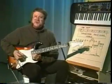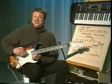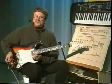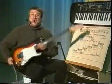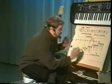Actually, I'm a couple of notes short of 4 octaves on my guitar. Different manufacturers have different numbers of frets. This is a 22 fret guitar. Some manufacturers include a couple more frets so that you can actually get up to the total of 4 octaves. Most manufacturers don't, though. But I always say, if you want to understand what the total range of the guitar is in terms of the pitch that you can play on it,